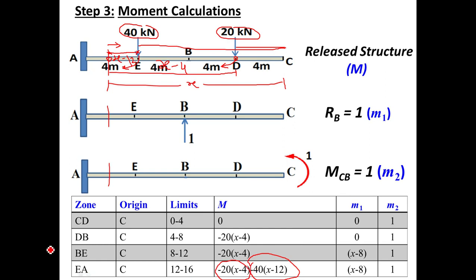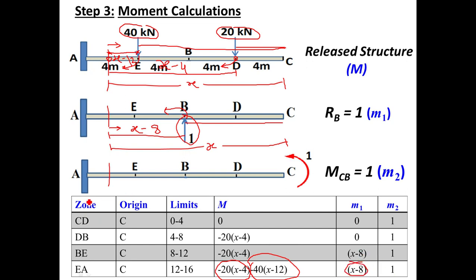Okay. Now if you refer to the second figure, last zone, and observe the right portion, again there is a unit load. The perpendicular distance of this unit load is this. The distance of the section from the origin is x. To get this perpendicular distance, if you minus 8 meter, the perpendicular distance is x minus 8. So the moment of this one is 1 into x minus 8. And in the last figure, if you observe the right portion of this section, the same anti-clockwise moment is repeated. So it is 1 again.